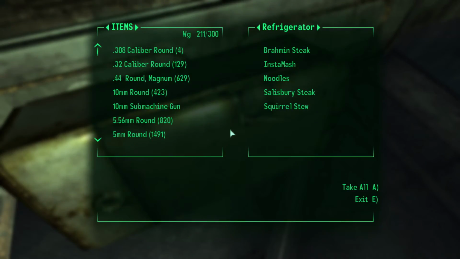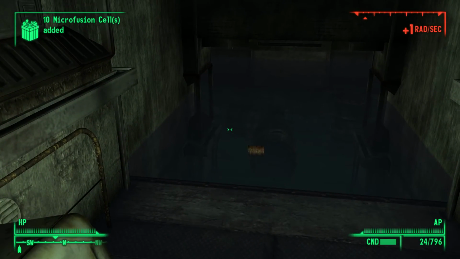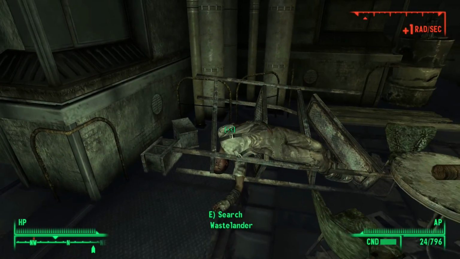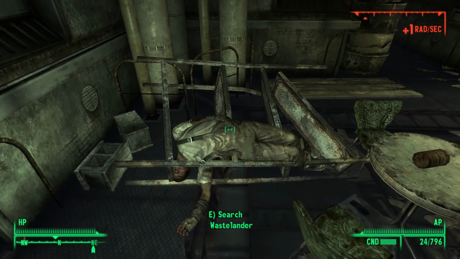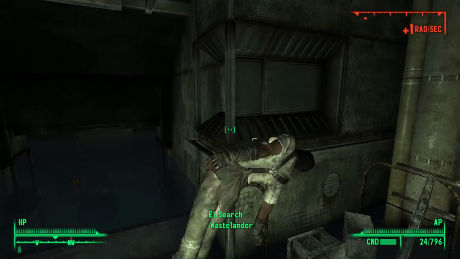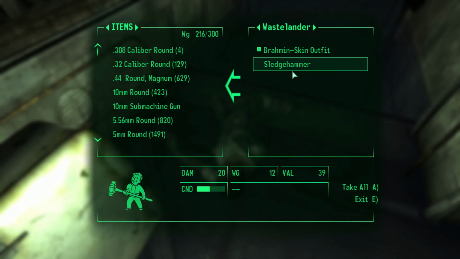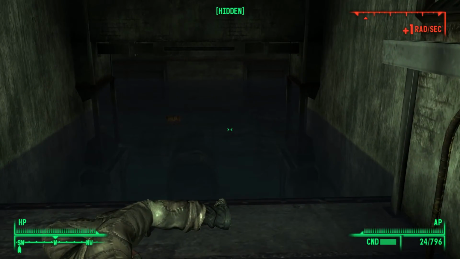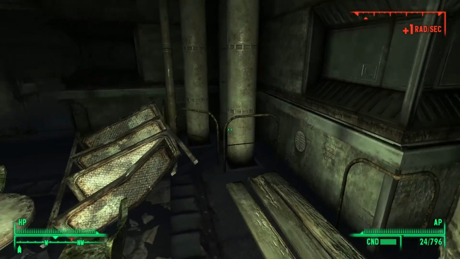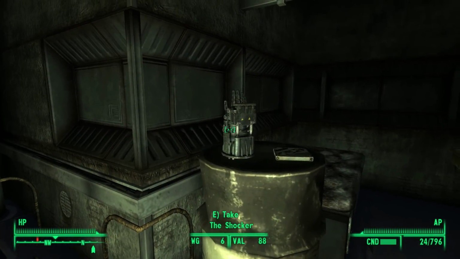Back on dry land, we see the body of a Wastelander gracefully sprawled across the metal shelves. This man must have been the one placing the mines. As I was moving the body, I could hear what sounded like a shaking bag of bottle caps, but the only thing on the Wastelander was a sledgehammer. A few feet away from the musical corpse is the unique power fist dubbed the Shocker, and a holotape titled